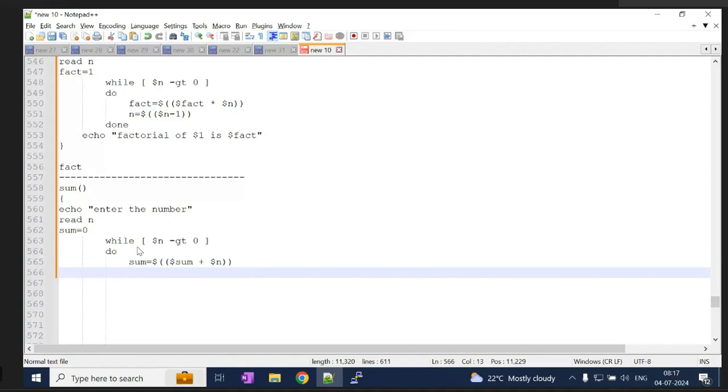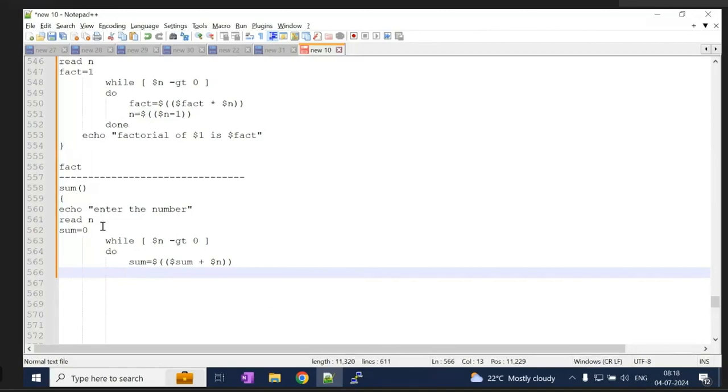After doing the sum here, next we have to find the sum of the remaining numbers, so we have to decrement the value, n minus 1. Suppose my number is 3.